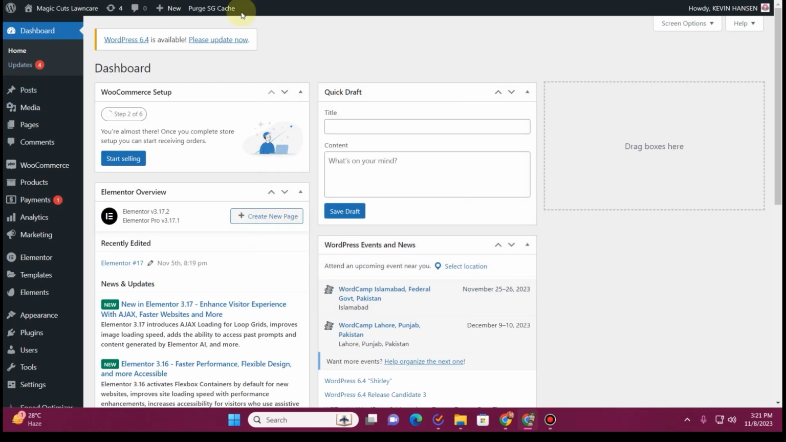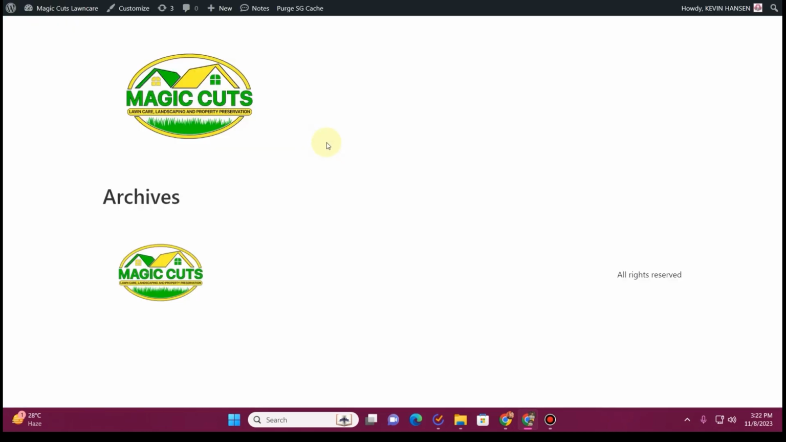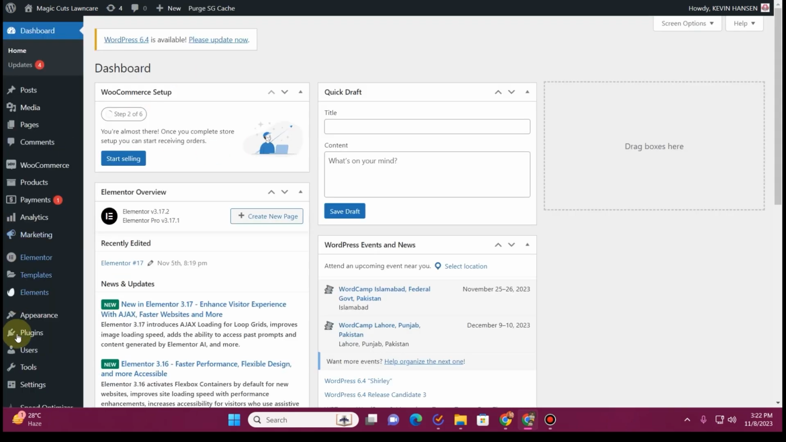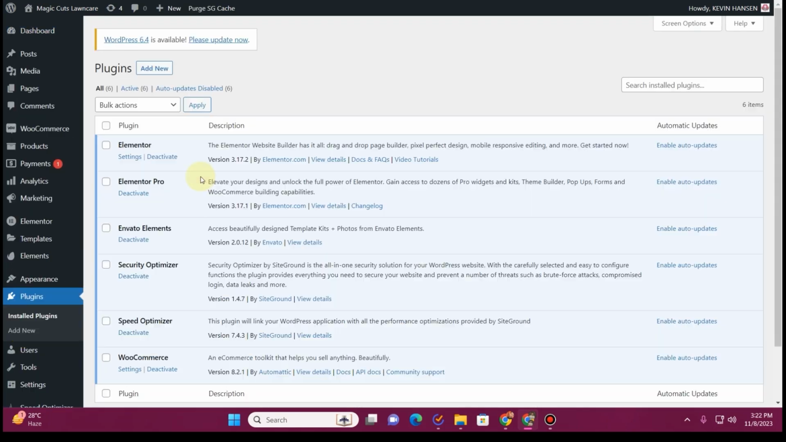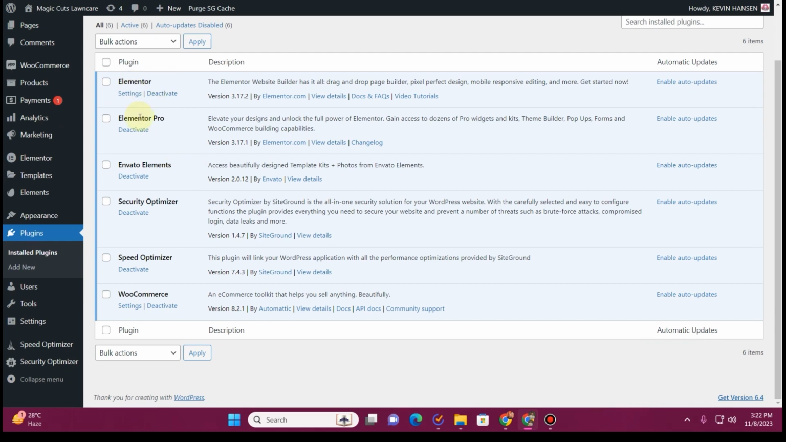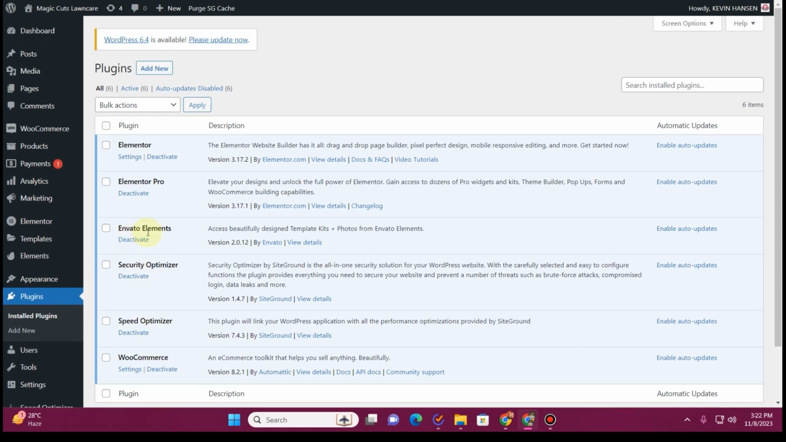So here you can see this is the WordPress dashboard, and if I open this dashboard in a new tab, here you can see this is just a simple WordPress dashboard with just a logo installed on this, nothing more than that. If we go to the plugin section, you can see right now I have Elementor, Elementor Pro, Envato Elements, and some security and optimization plugins along with the WooCommerce. We are not going to use the WooCommerce anyway, so we don't need that. We are going to use this Envato Elements, Elementor Pro, and Elementor